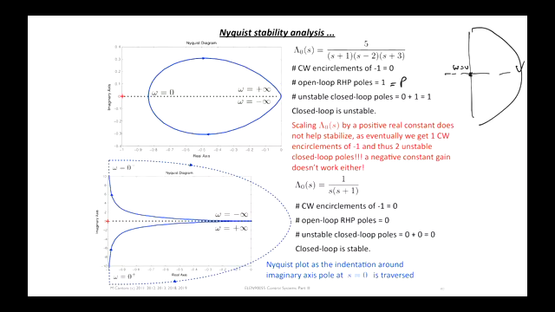Scaling this function by a positive constant k will potentially shift this point, if k is large enough, to the other side of the critical point, and we would get N equal to 1. But in that case, we would have two unstable closed-loop poles, because N equals 1 plus P equals 1, that's 2. So increasing the gain here doesn't help